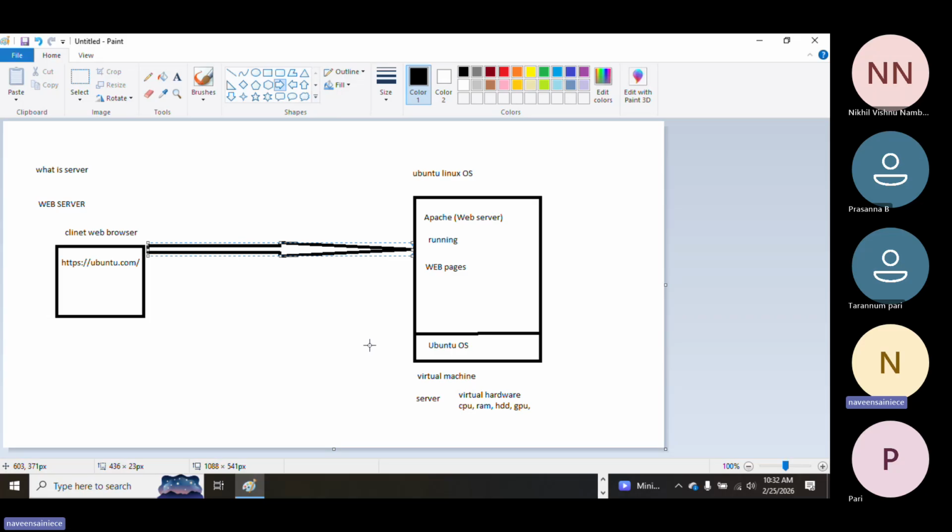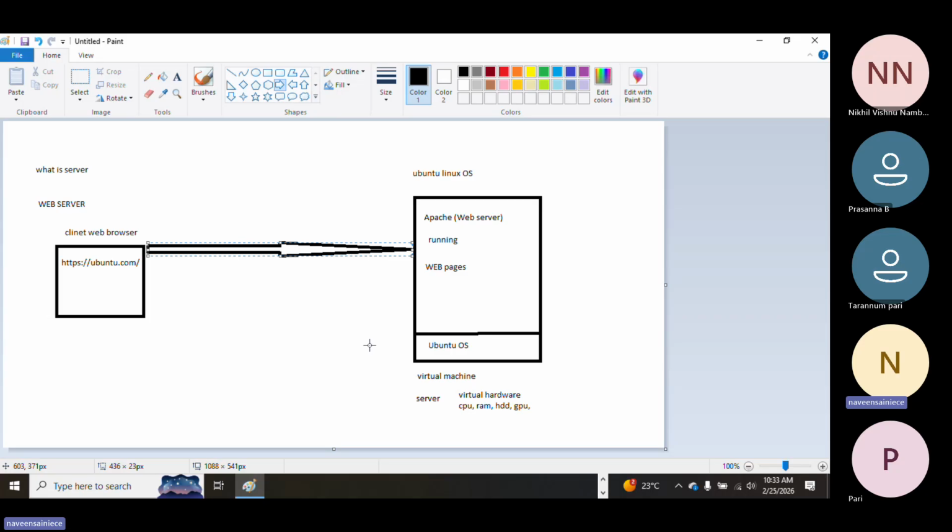So the server will first of all listen to the request. This is called the server client model, and the server client model is the same for every server. Like if it is a database server, a mail server, a file server, whatever, the model concept is the same as for a web server. If you understand the web server, you can understand how a database server works also.